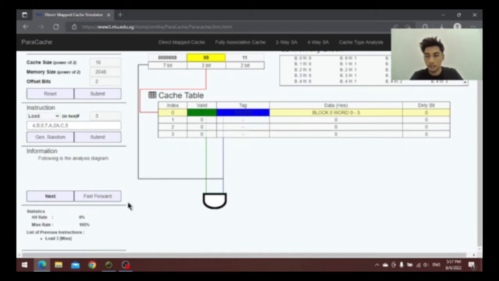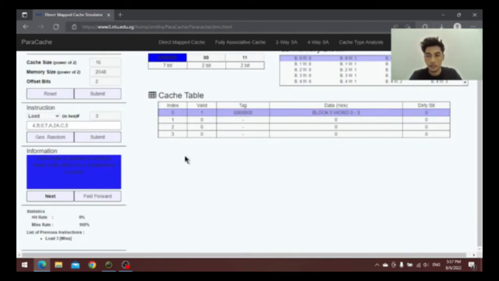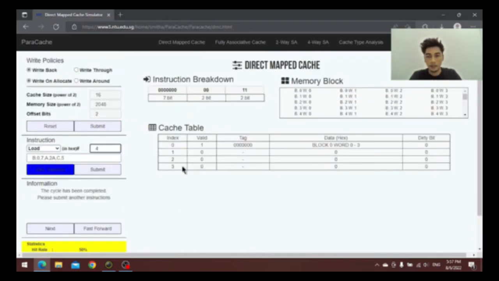And obtain value. So we see the cache is hit. We should look at the tag 0, and the request tag and cache tag are the same. So the cache is hit. Next, the cache is updated to block 0 with offset 0 to 3 and transferred to cache. So we repeat the same thing